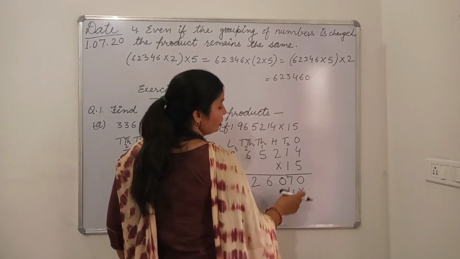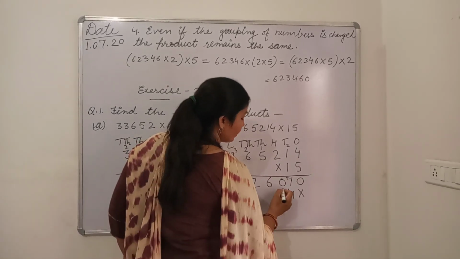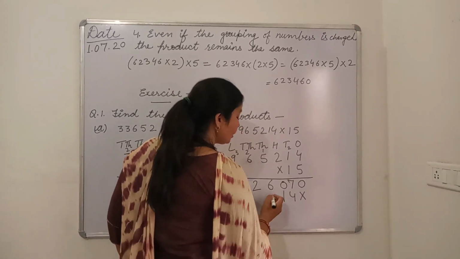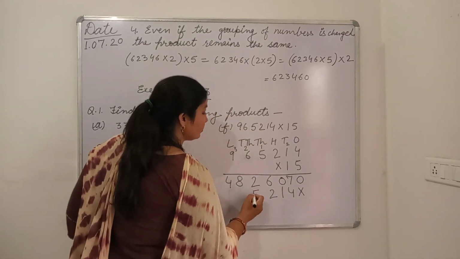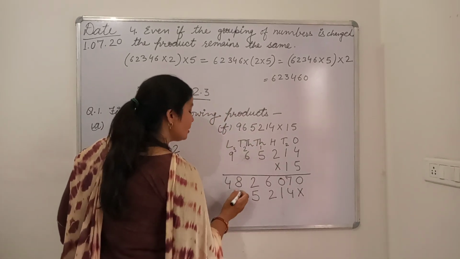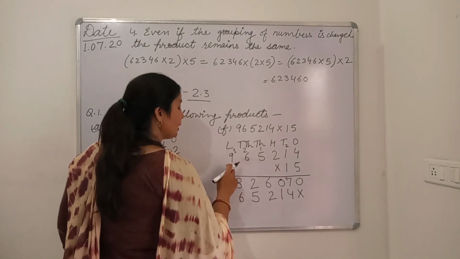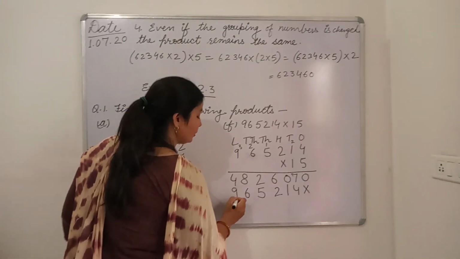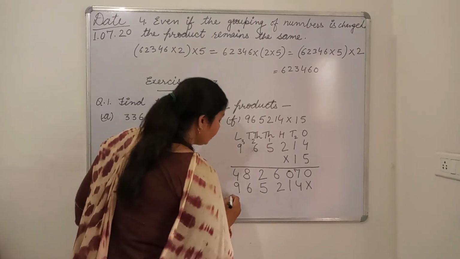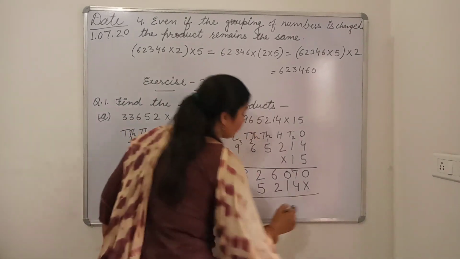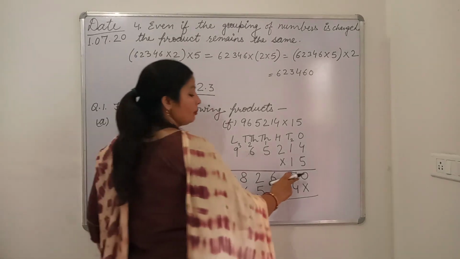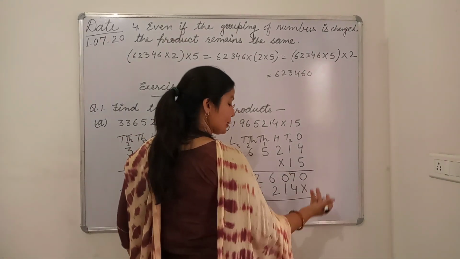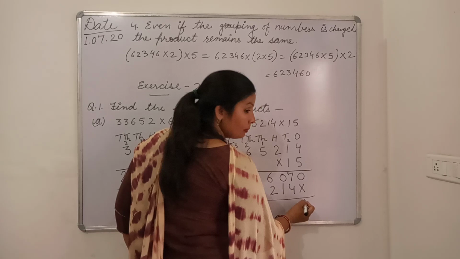1 fours are 4. 1 ones are 1. 1 twos are 2. 1 fives are 5. 1 six is 6. 1 nine is 9. Okay. Now our product is finished. Now what do we do? We will do addition. 0 plus this cross means 0. So nothing, so there will be 0.